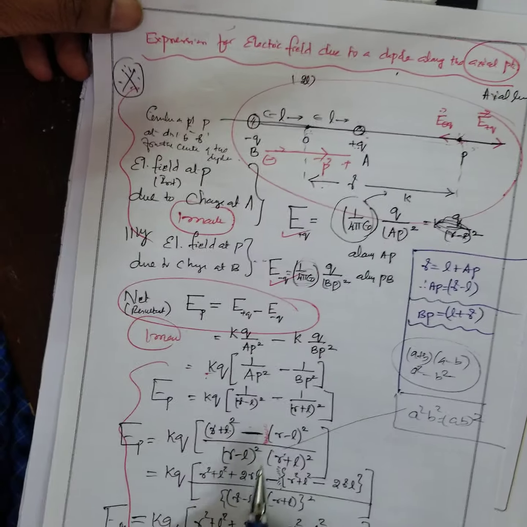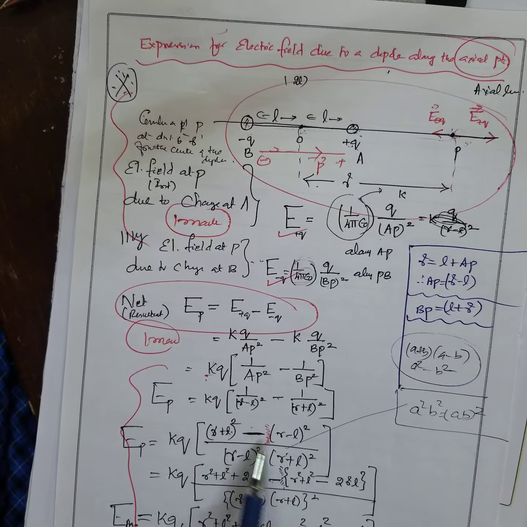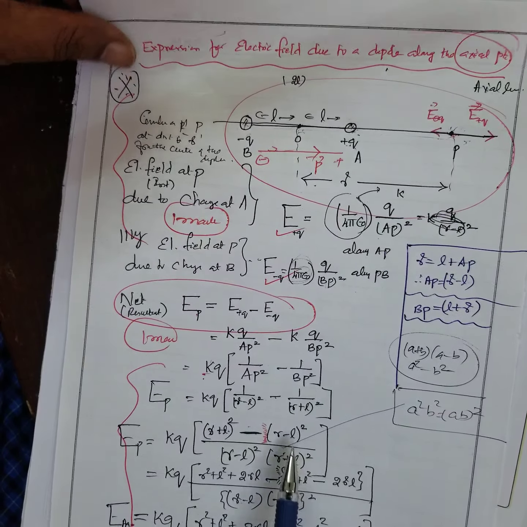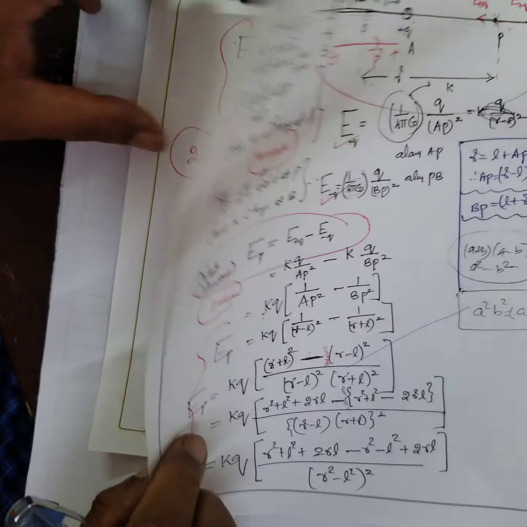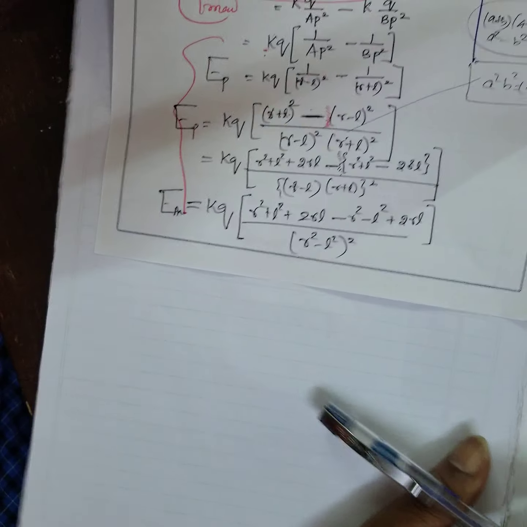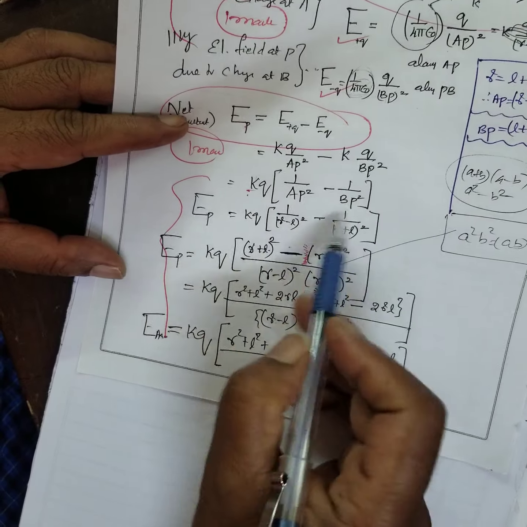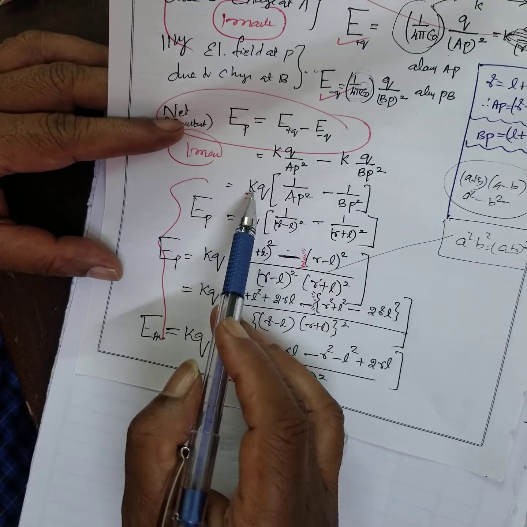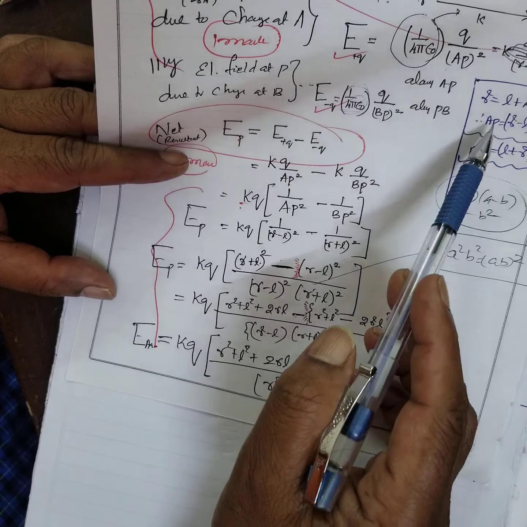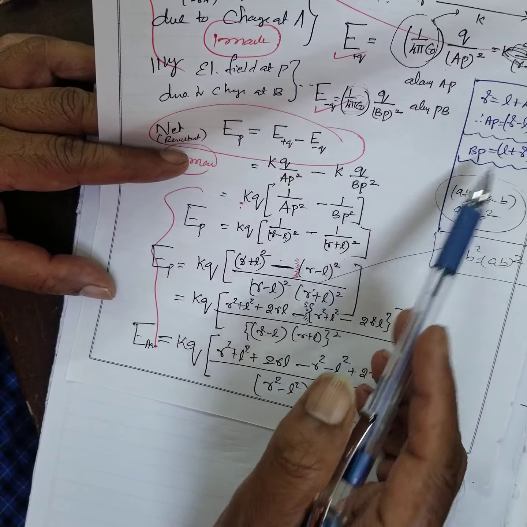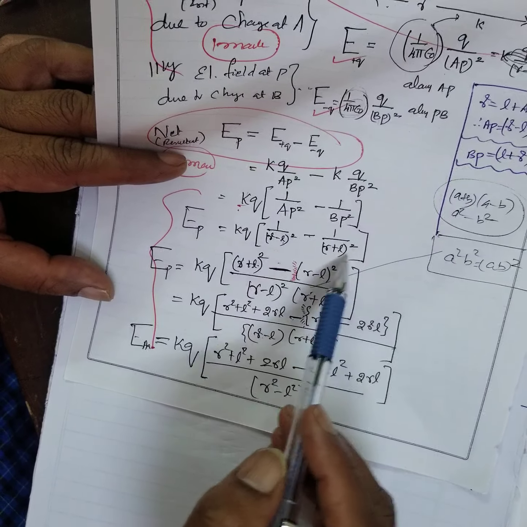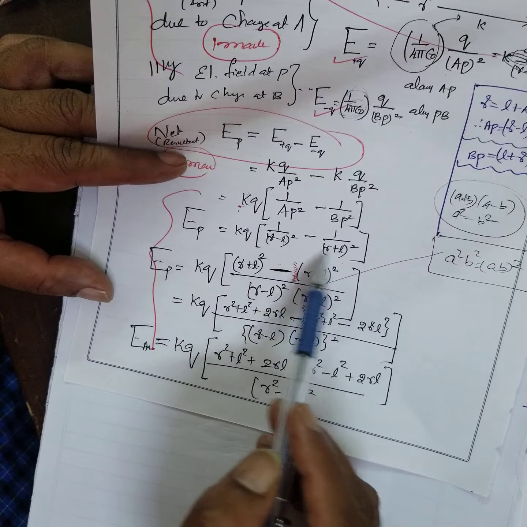This point again I am telling you, see this. You have done this much. This simplification again I will do from here. Some students are finding it difficult again. They are asking. I will start. Here you see. Suppose you are getting this one, the electric field. How fast we can do it. See, you have done this, right? Up to this you understood. AP, what is AP? AP is (R minus L) whole square. BP is what? (R plus L) whole square. Then you know how to take the LCM here. Right?